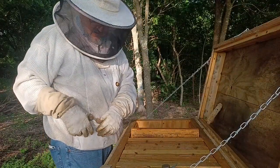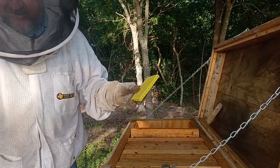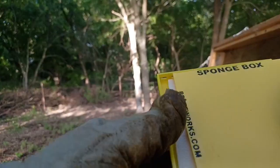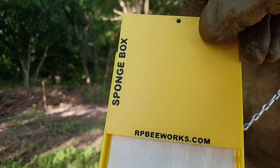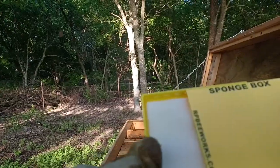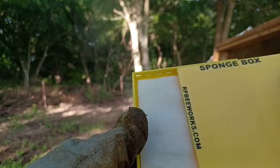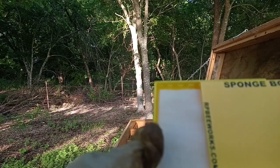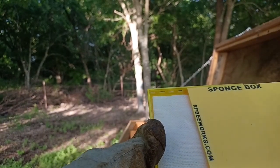Now did I? Oh, and I've got the other beetle trap. Now I should probably show you a little bit about this. Once again, this is designed and 3D printed by Robert Peebles, RPB Works. And these are little sponges. They act very similarly to the Swiffer sheets that you may have heard about. Lots of beekeepers will cut up a Swiffer sheet and drop a few of them around. The problem with the Swiffer sheet is that beetles get their feet caught in it, but so do bees. And so the way this works is you put the Swiffer sheet, well, it's not a Swiffer sheet, but it's a sponge that's